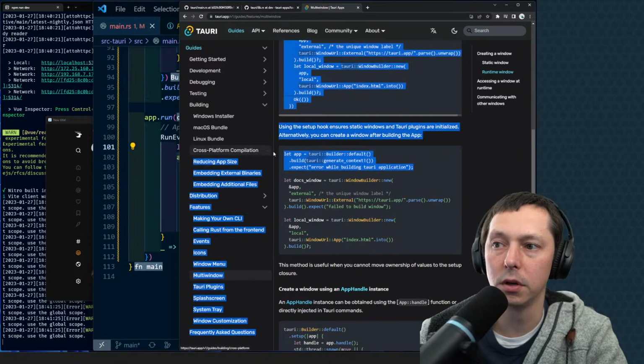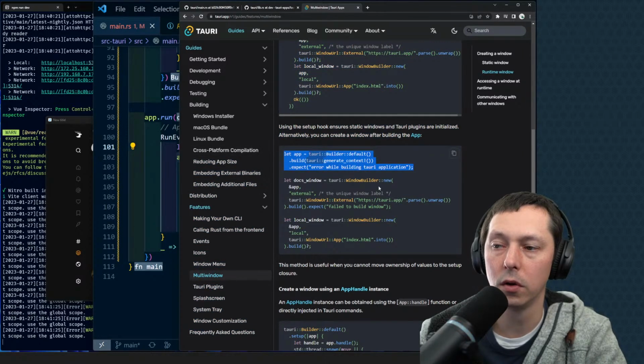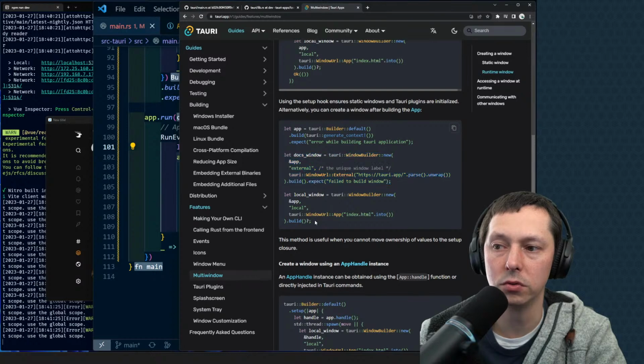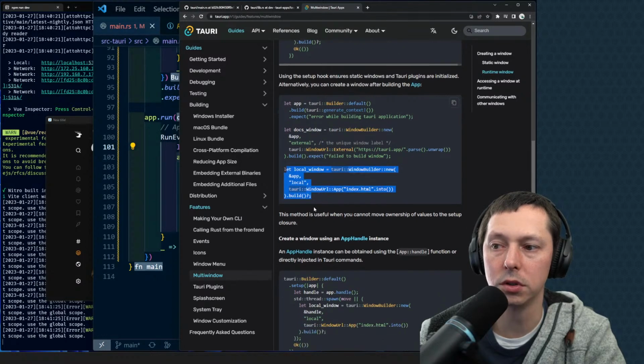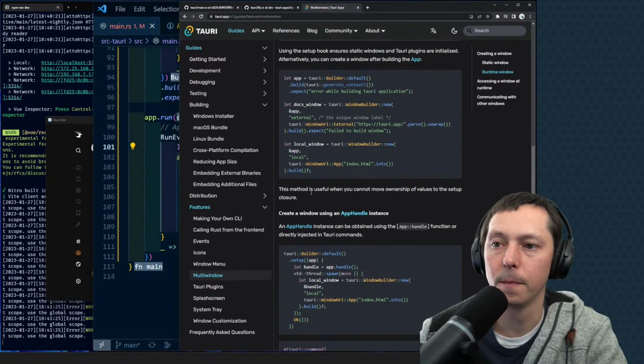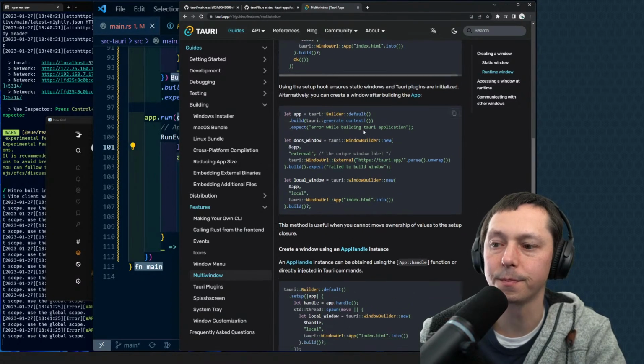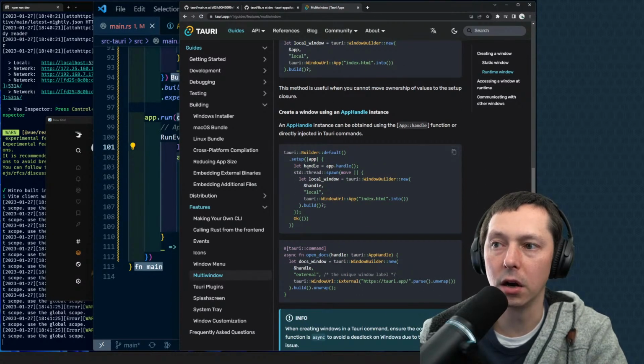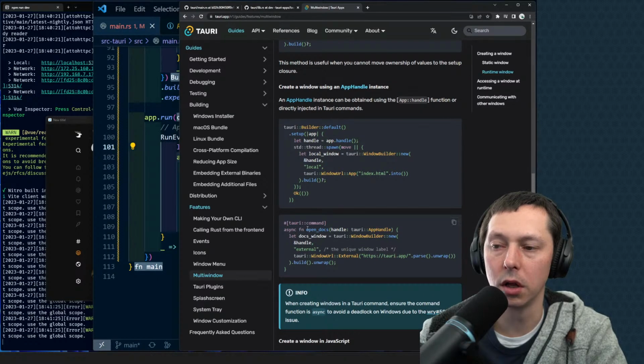After the app is running, it's kind of interesting because this is like after it's running, do additional window builds. This method is useful when you cannot move ownership of values to the setup closure. Okay. In our specific case, though, I think